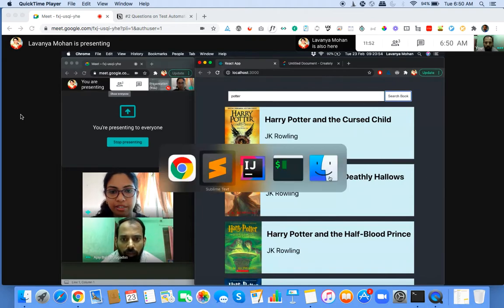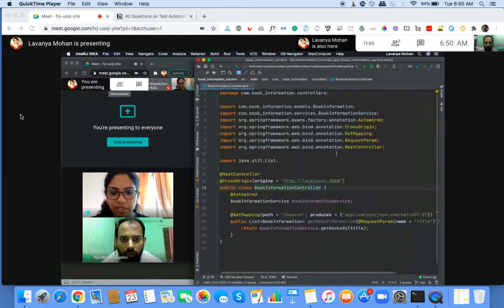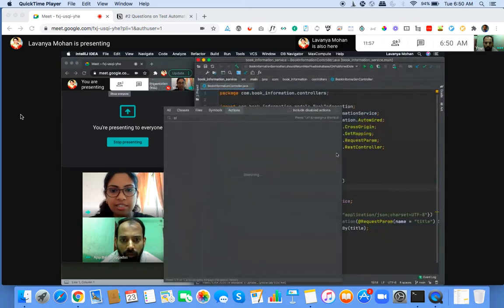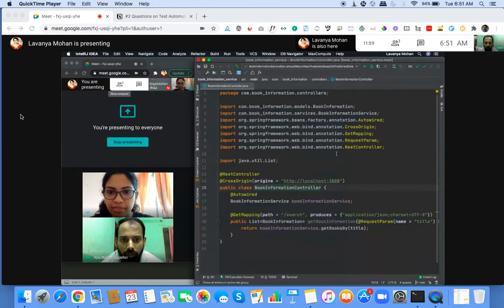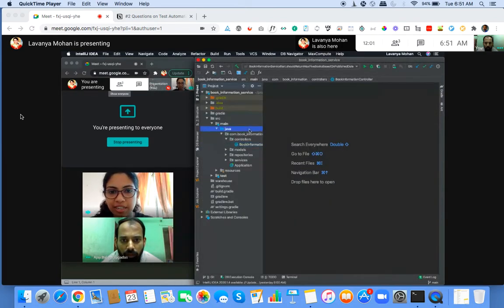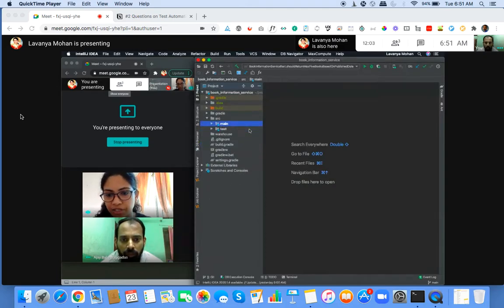Now, I have a code here, but before we look at this code itself, let's first try to understand the directory structure. Every project could have a different directory structure, and it's important for us to understand that before we look at the code itself. So let's first focus on that.